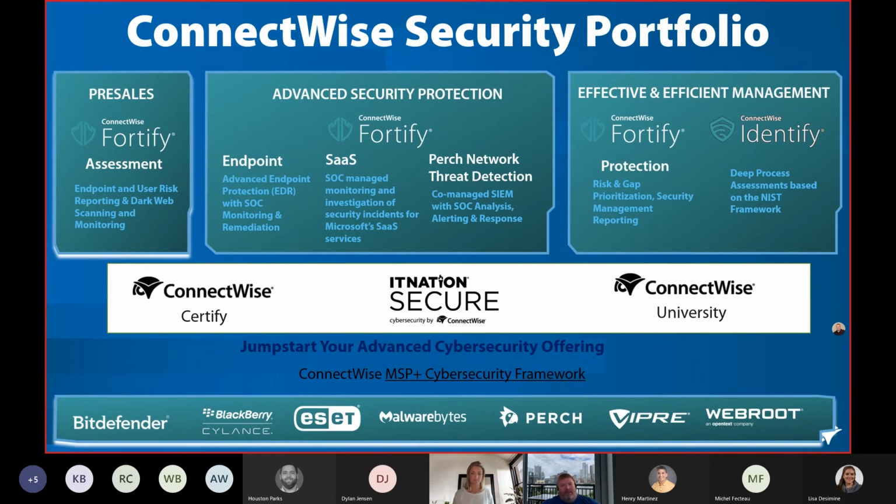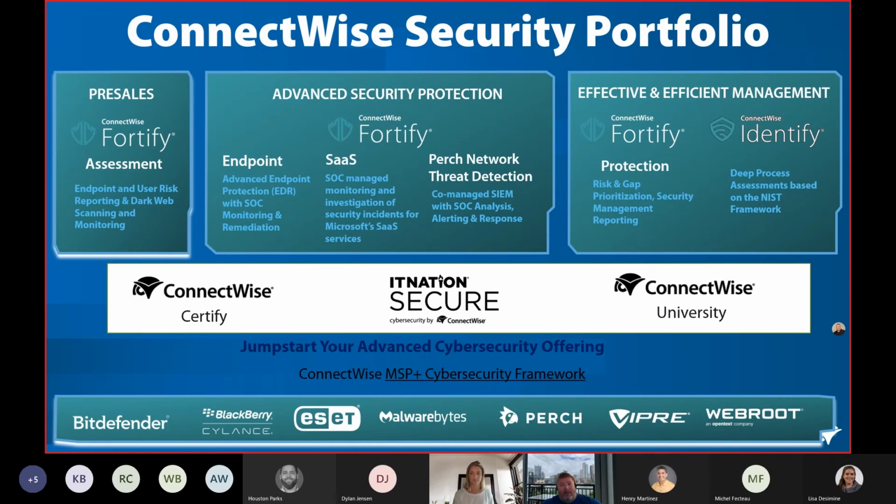There is so much activity going around Microsoft 365 accounts, people trying to get access to a 365 credential and set up forwarding rules or redirection rules, trying to log in from crazy times and crazy places. And if you're not monitoring what's going on with that 365 activity, sometimes it might be too late. So what we do with Fortify SaaS is we monitor the 365 activity around the email and the OneDrive and the SharePoint, and our SOC team takes those alerts, does the analysis, and then we also do the mitigation and